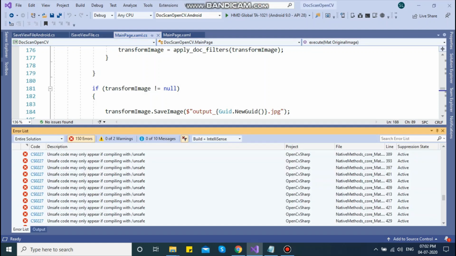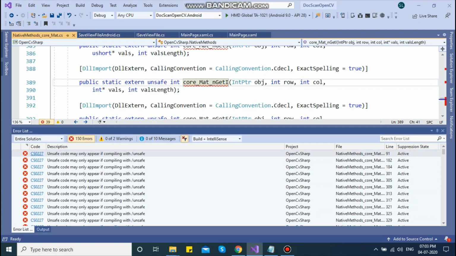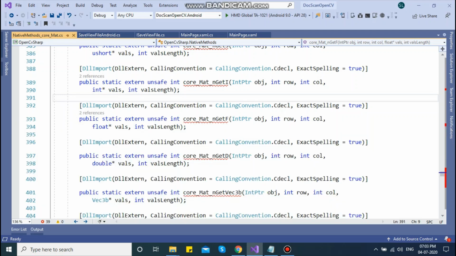So guys, as you can see, while running the app, it will give you this error: unsafe code may only appear if compiled with unsafe. So you need to double click this and it will go into the file, and you need to add allow.